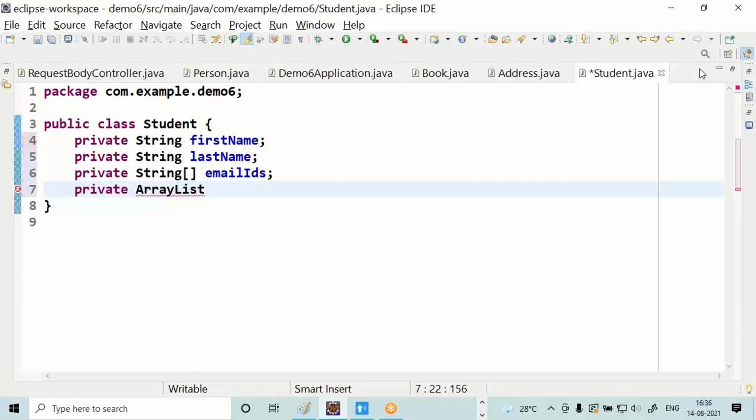You need to import ArrayList through Control spacebar.